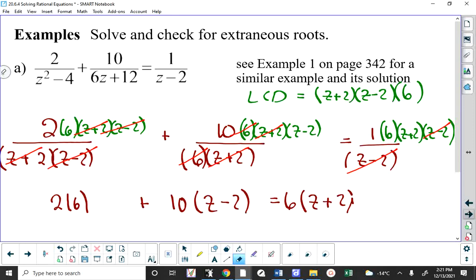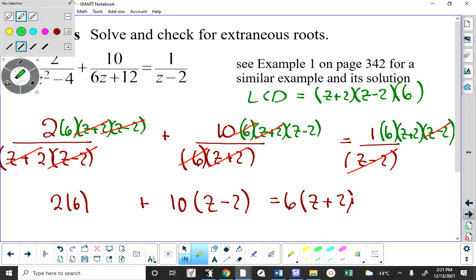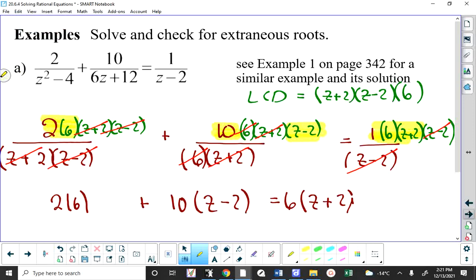Just because, again, I use different colors, and sometimes I think that's a mistake visually, I'm going to highlight what we have left. I'm highlighting what did not cancel. Everything else is gone. And you know what? This isn't even a Math 20 problem anymore. This is a grade 9 math problem. It's not even quadratic. We can expand all this stuff out